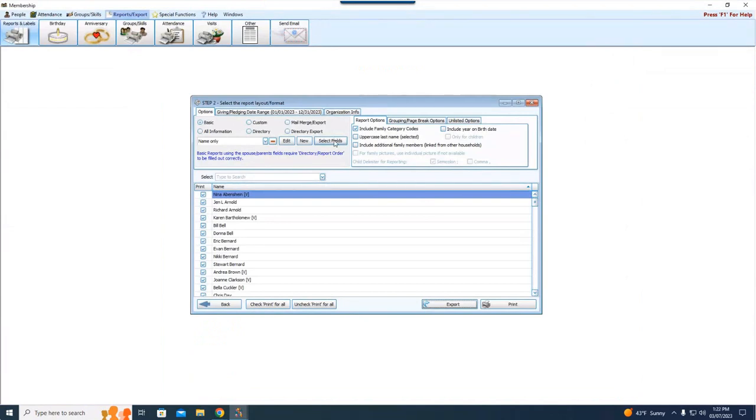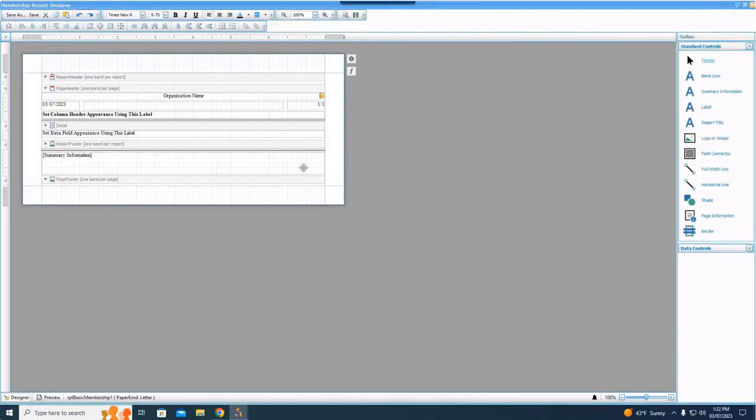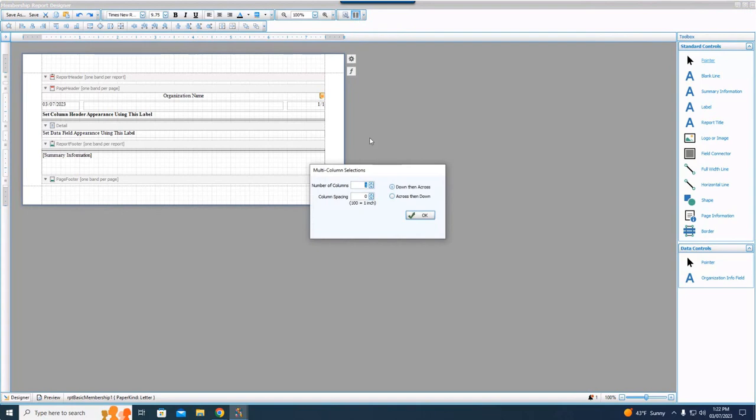Instead of going into select fields, I'm actually going to hit this edit button. You don't need to go in here too terribly often. But if we come into edit, there is this column button here at the top toolbar, the very last option. If I hit that, I can decide how many columns I want to see on the report itself, and then I can choose if I want it to go down then across or across then down. I like down then across, so I'm going to leave it there,